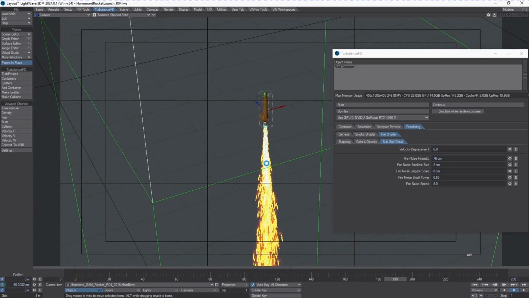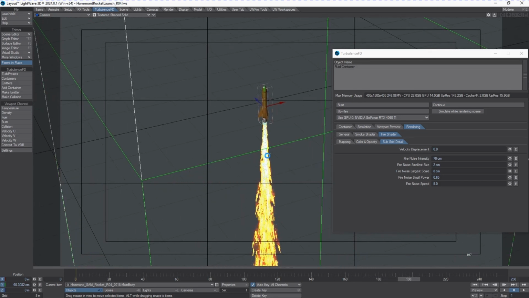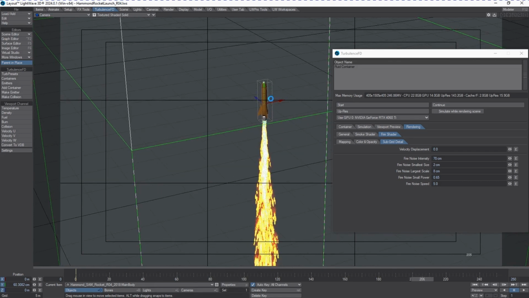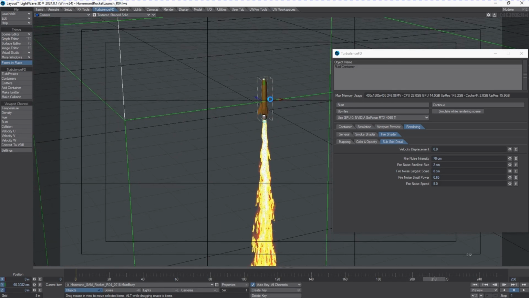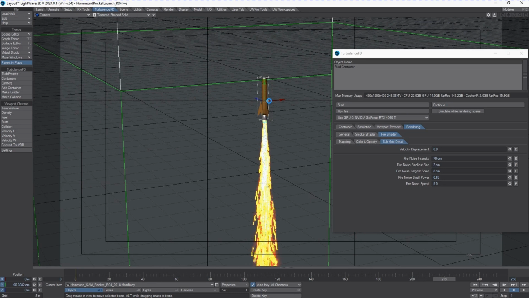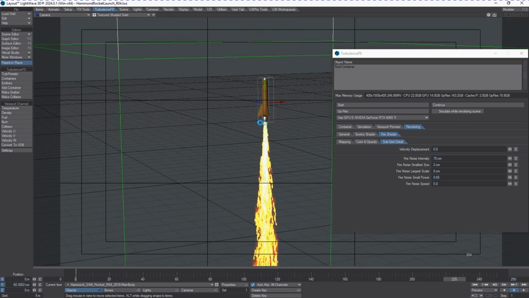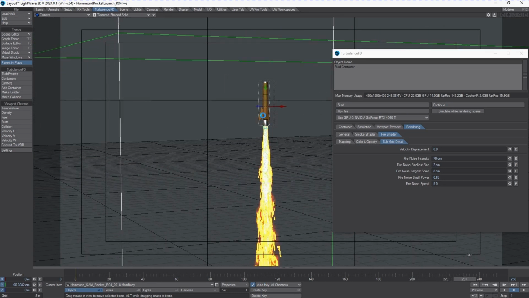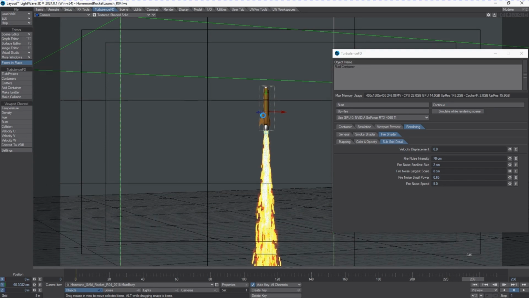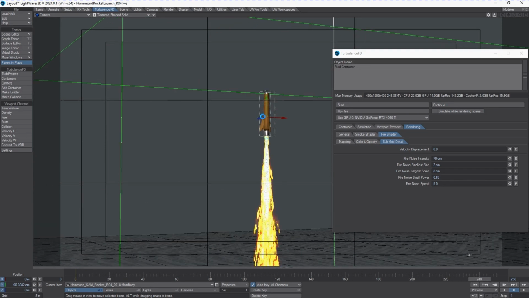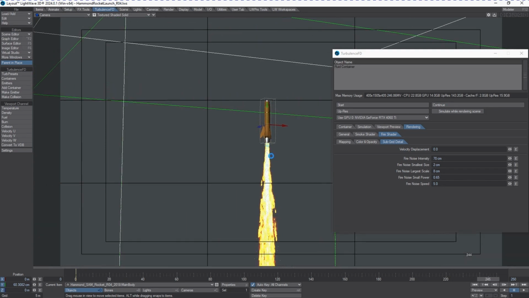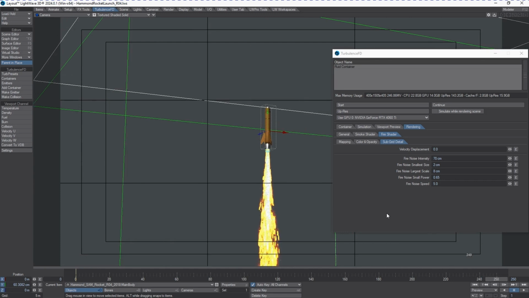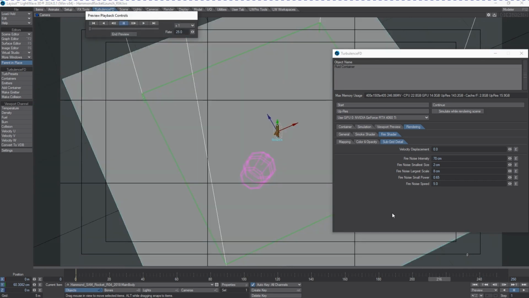We've got that nice hot white center like you would see on most rockets. And the motion is all nice and contained. And a lovely looking plume. And this is great for shots that are really close to a launch pad or off a missile launcher